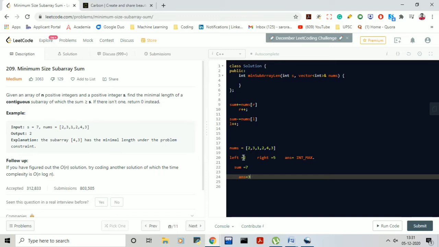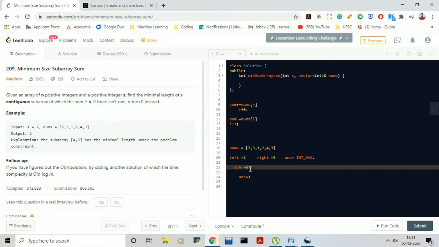So again now we do the same step, which is this minus nums of L. Nums at 2, the left is at 2, which is 1, so we'll subtract this 1 here, so it becomes 6. Okay, so now 6 जो है अब वो इससे कम हो गया, अब हमें और इसको डिक्रीमेंट करने का तो कोई सेंस है ही नहीं, right? So it means we need to increment the right part only, right? So okay, let's start.